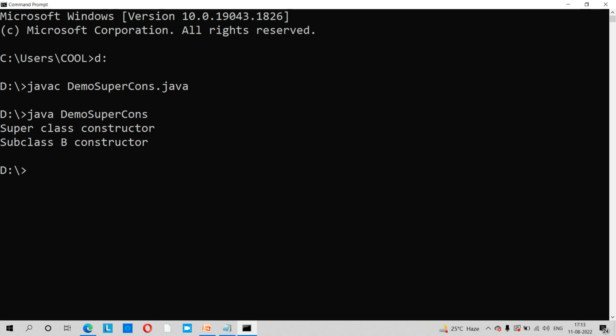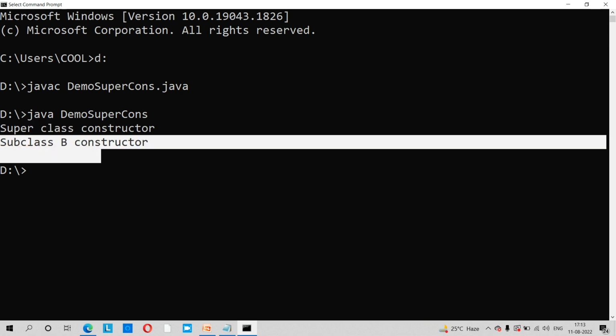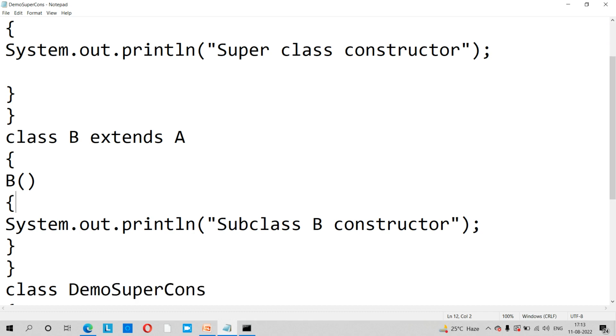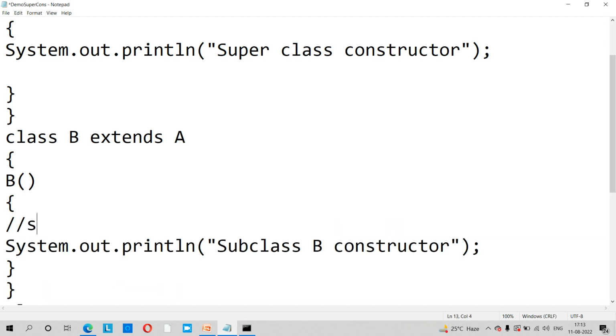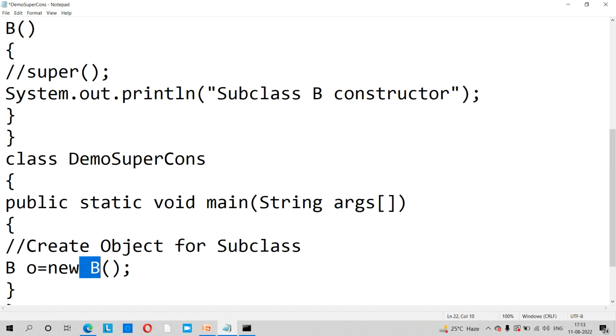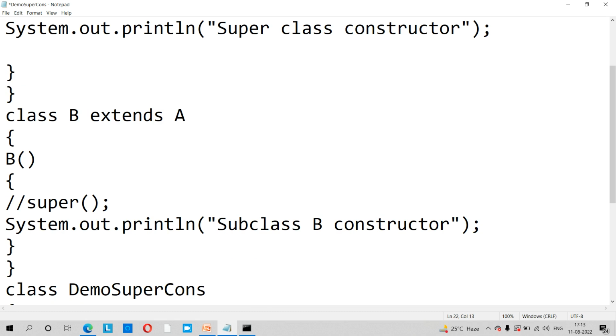First it prints the statement "called superclass constructor", then it prints the statement "called subclass constructor". Even though I am not using any super keyword, implicitly, even when we are not using a user-defined constructor. In every program, if a user-defined constructor is not there, then the JVM will create one constructor to initialize the values. So for that reason, whenever we are calling the subclass constructor, the first statement implicitly